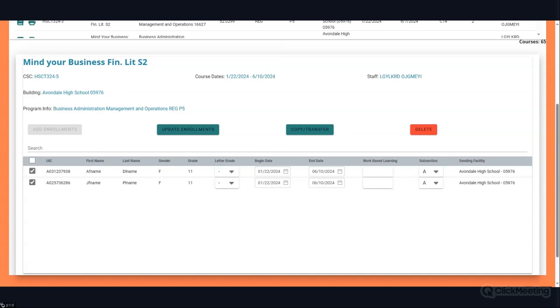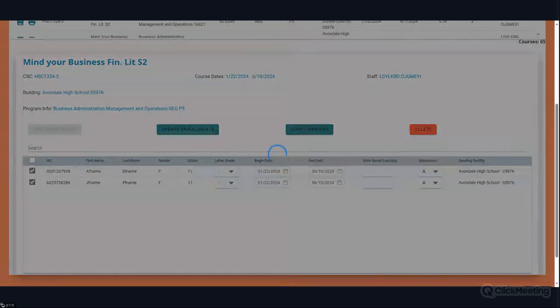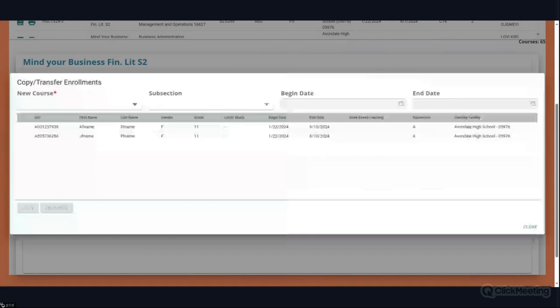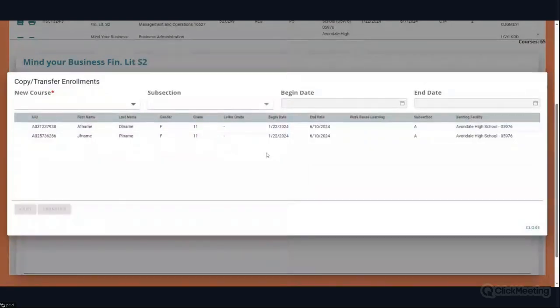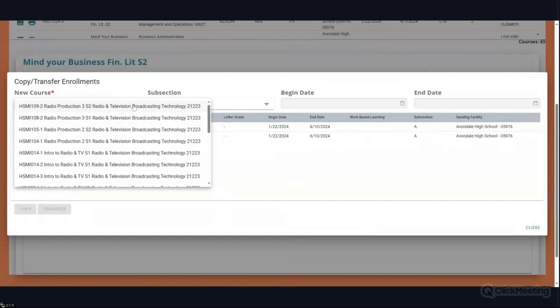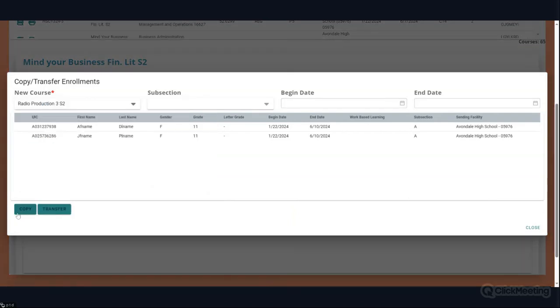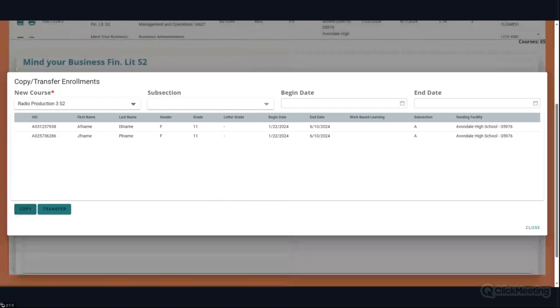Okay, so I'm going to demonstrate that. So let's say I hit the copy transfer button. And then I can select the new course by hitting the new course. As you see, it has the asterisk here. I can select the course and then either copy, again, it will keep the student within this enrollment and make